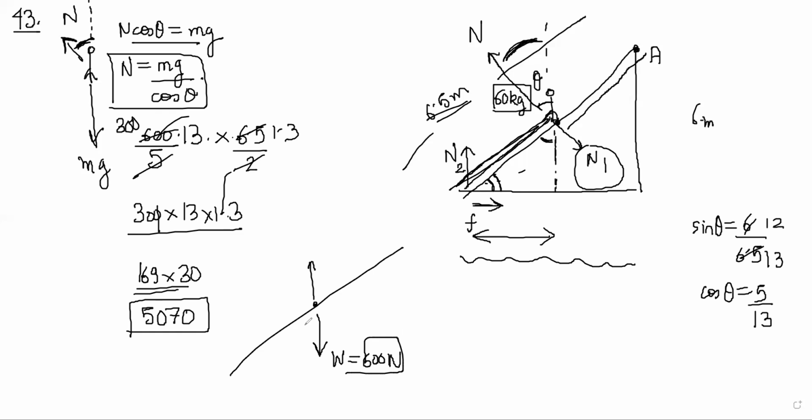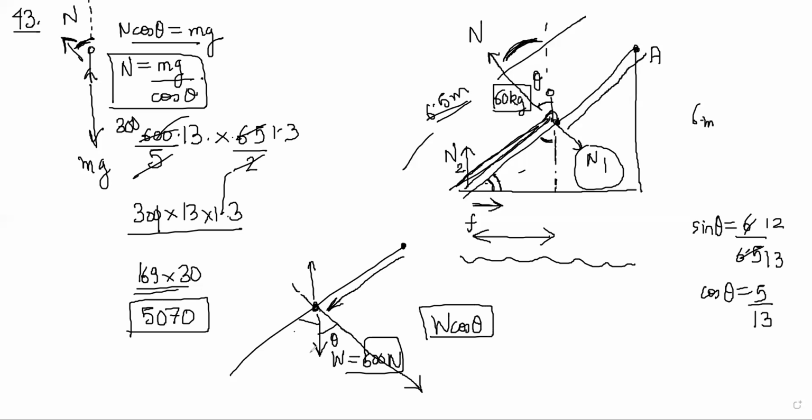That weight is exerted on the rod by the man, right? So man on the ladder is 600 Newton, definitely he's applying. So if you take torque of this force about this point, then you have to basically do R cross F. So R will be from here to here, cross with the F, right? So you should take component of this in this direction for perpendicular, right? This angle is 90 minus theta, so this angle is theta. So W cos theta you will get, right?